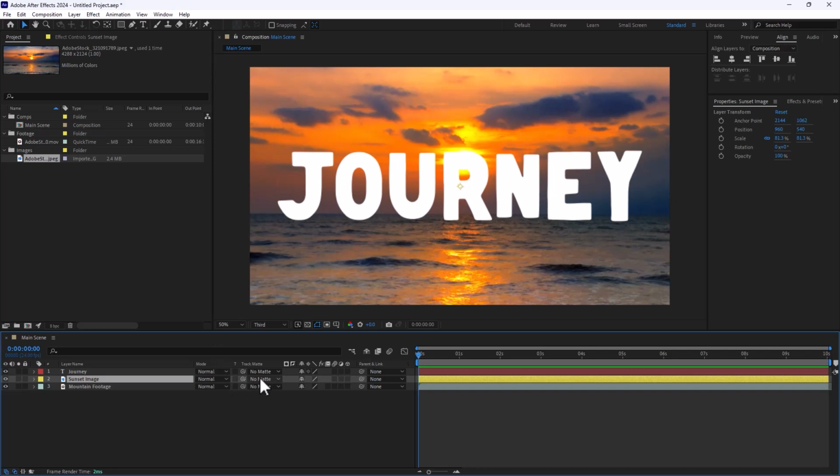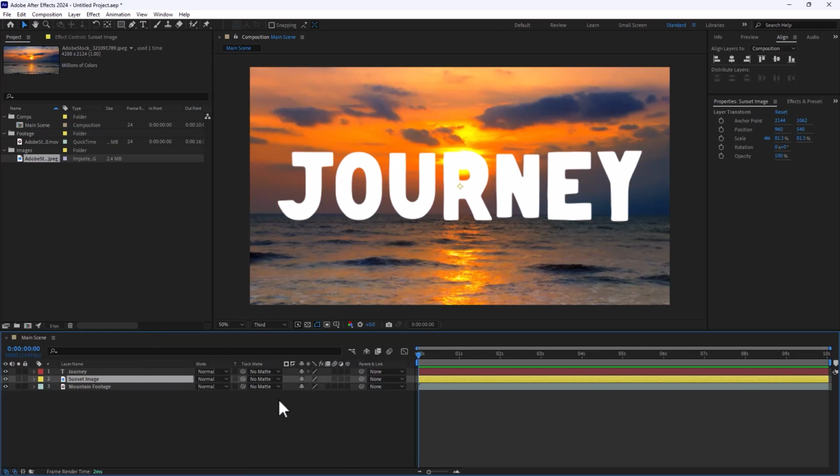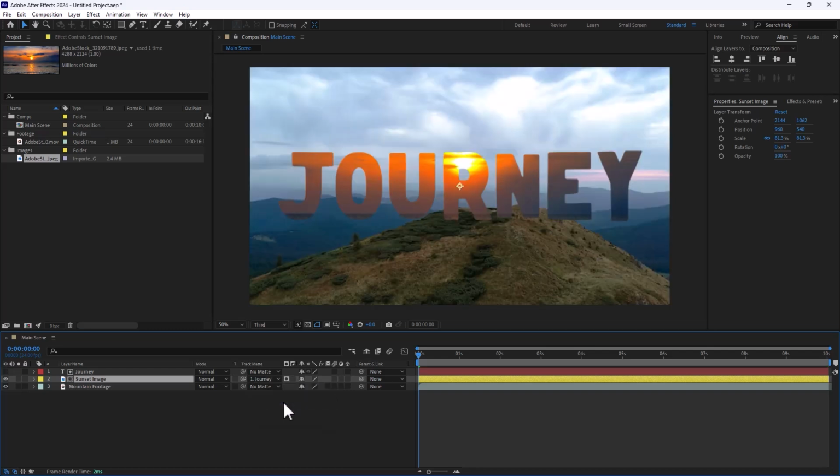To do that, I'm going to use something called a matte effect. Track matte is on your screen here at the top. If you do not see track matte, go to the bottom and make sure that the first 2 little boxes in the bottom left are checked. Once you have that next to the sunset image, you're going to click on that drop down and set that to layer 1 or Journey. When you do that, you'll see now that the matte or the image is actually being masked within the Journey